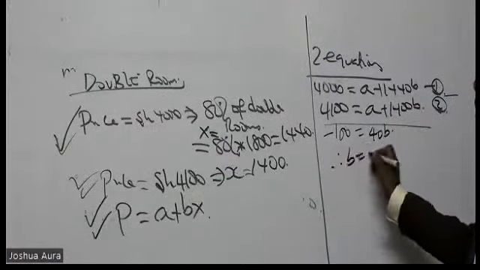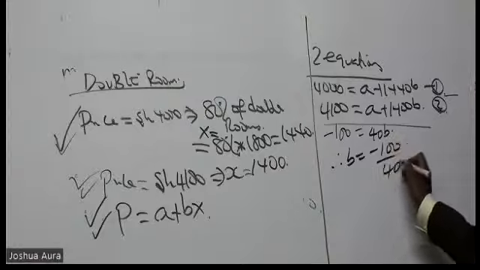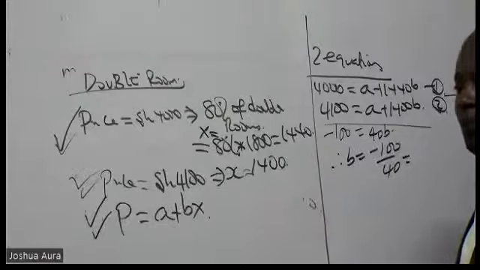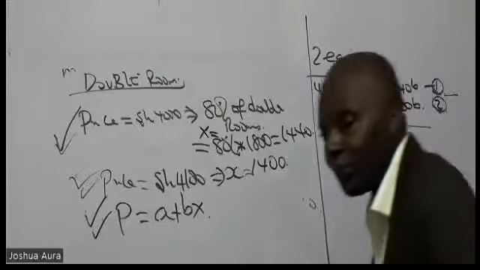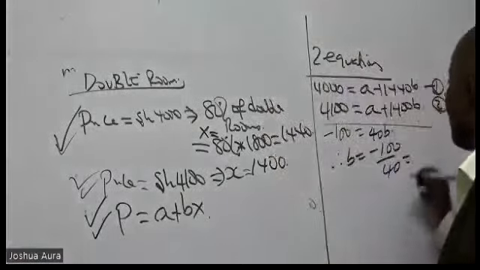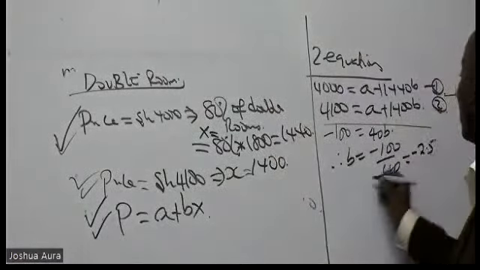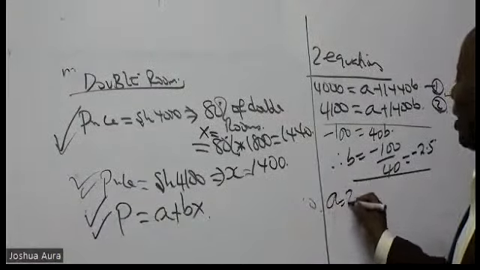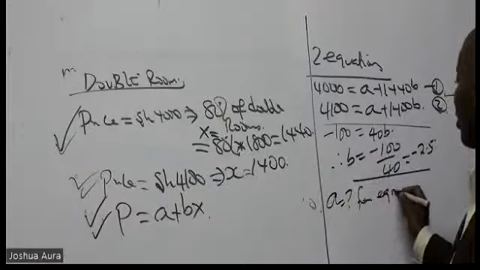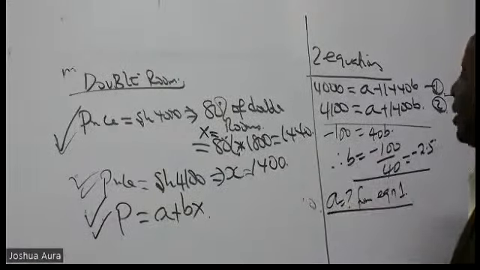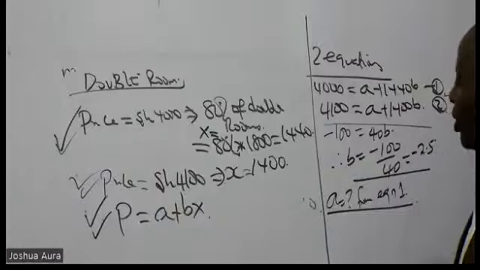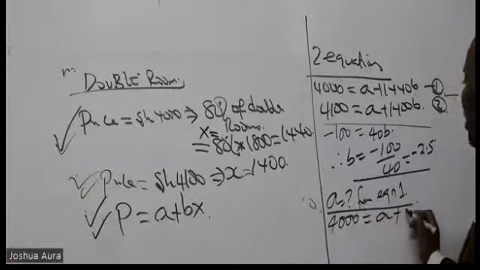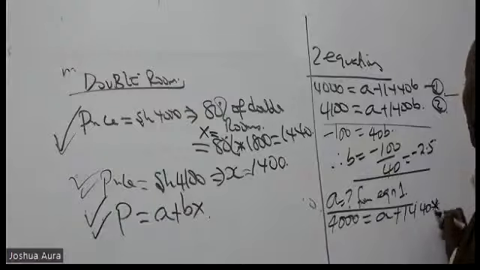Meaning that B will be minus 100 over 40, which gives me what figure? Minus 2.5. Thank you very much. So minus 2.5 is the value of B. So then what is the value of A from equation 1? From equation 1, we have 4,000 equals A plus 1,440B, and B is